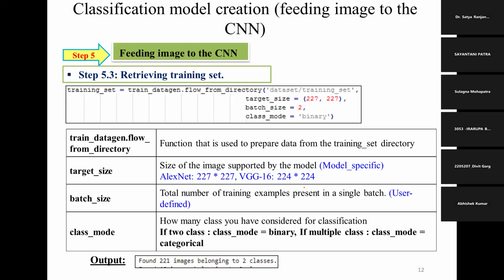Some students also asked me, ma'am, if we give a smaller batch size, will the model learn better? No. That also depends upon your data size. We always advise students, if you have a very high number of samples, maybe 10,000, then please increase your batch size. Why? Because with 10,000 images, if you give only two images per batch, by the time it reaches the 500th batch, it has already forgotten the features it learned in the second or third batch.